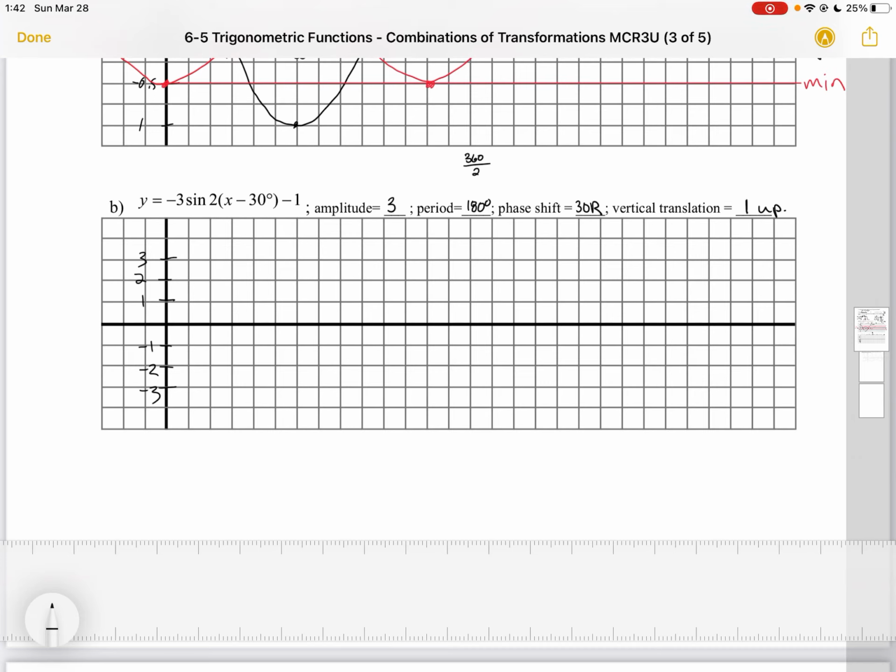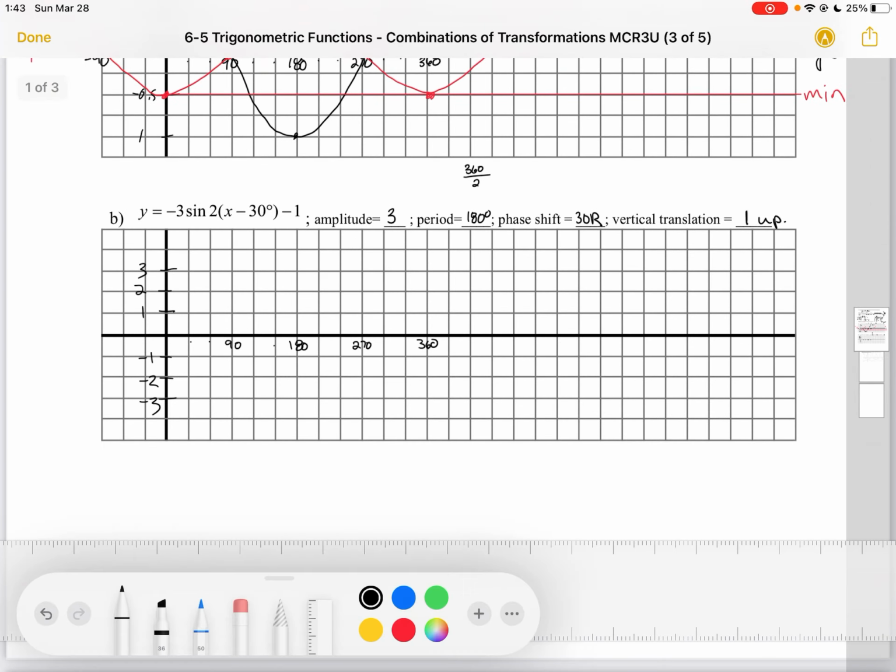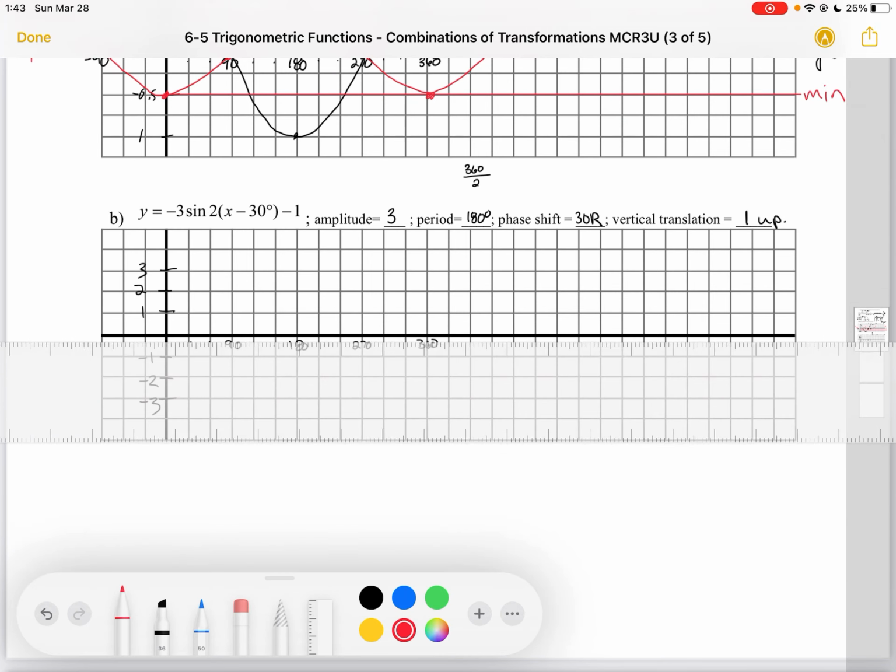I see that my phase shift is 30 degrees to the right. So let's make everything worth 30 here. So 30, 60, 90, 180, 270, 360, and we'll stop there. We're going to go up by 30s. Okay, now I can draw on